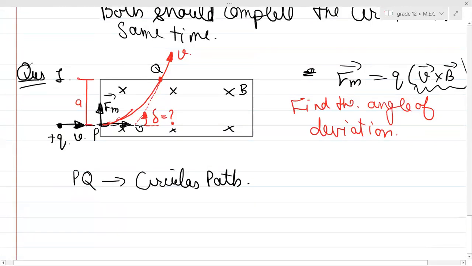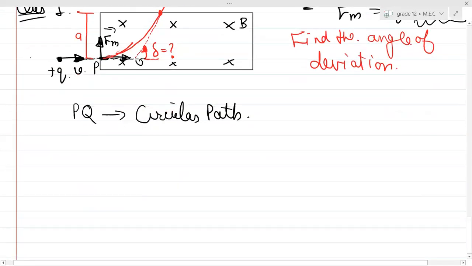Okay. Now, see this very carefully, guys. If the velocity is v, then the radius will be equal to how much? If I say this charge is plus q and mass is m, will this be equal to m v by B q? Will it be like this? Yes or no?